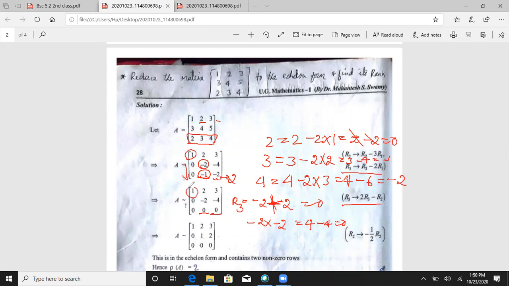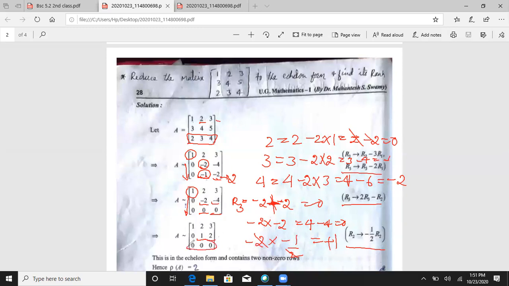See here, the first one is unity and the lower element is 0. Then the second: minus 2 is there, so you operate R2 equal to minus 1 by 2 R2. Operating minus 1 by 2 on minus 2, minus into minus is plus, that is plus 1. You write here plus 1. Next, the third element: minus into minus is plus 2, 1 2, 2 to the 4, then here plus 2.